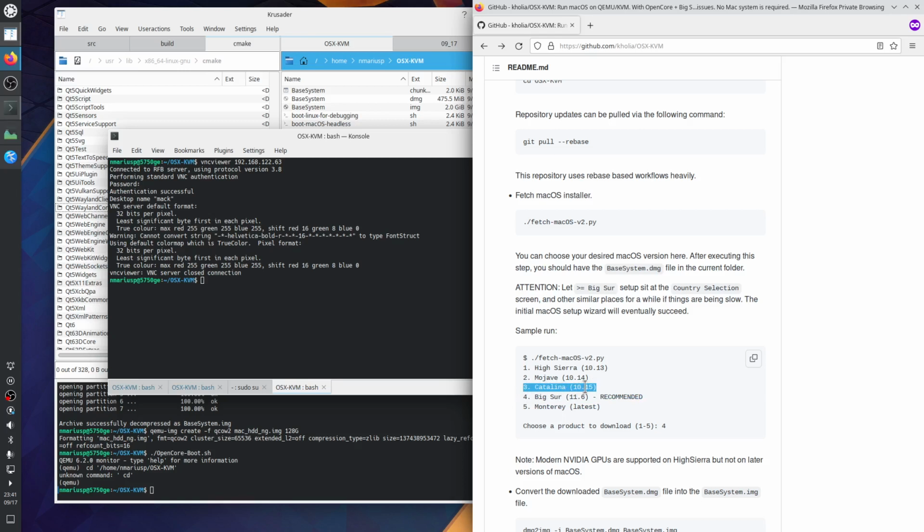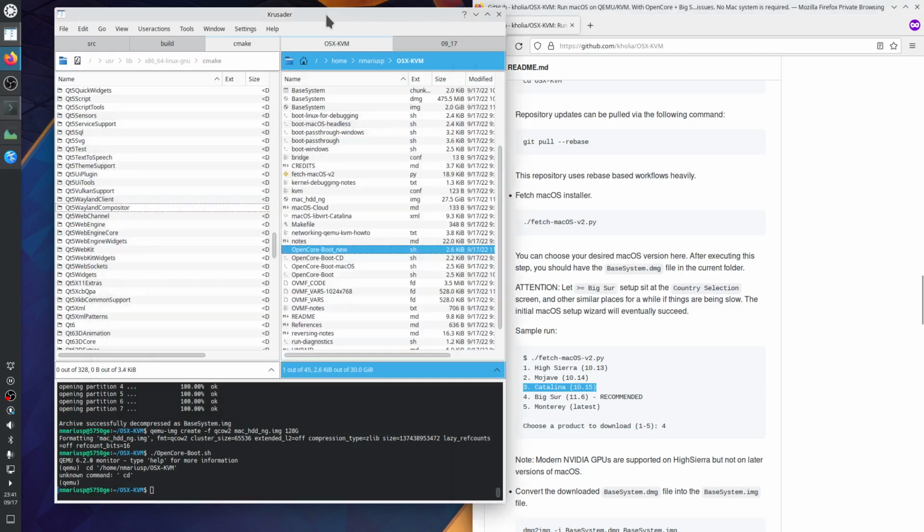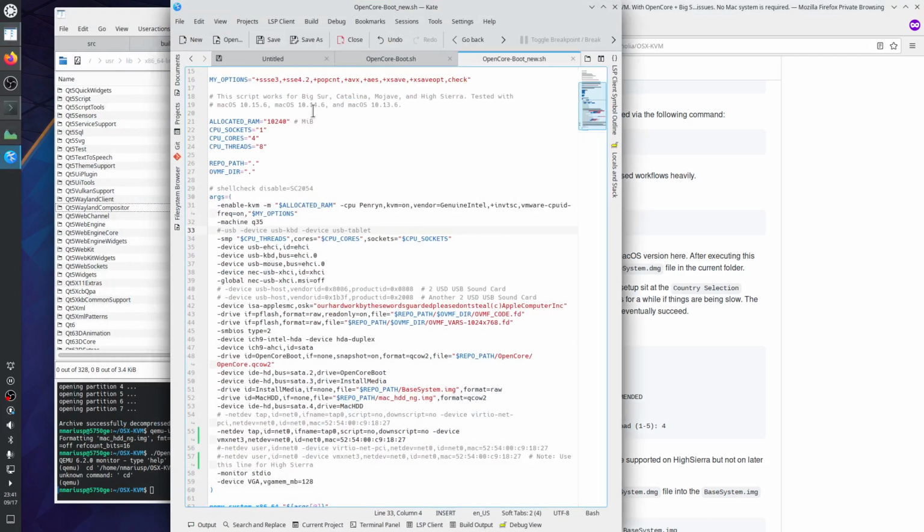10.15, and I managed to install macOS in QEMU KVM, and my configuration file looks like this. So it's 1 CPU socket, 4 CPU cores, 8 CPU threads, Penryn CPU with hardware virtualization KVM,